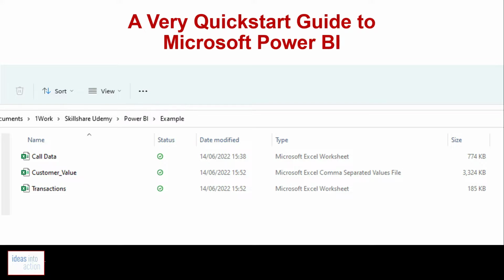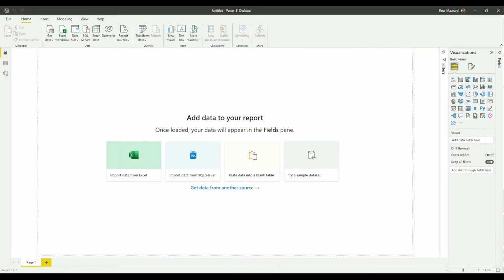Let's open Power BI. Here's the Power BI start screen, and I'm going to import the files I want to use with Get Data. I click on Get Data and a screen pops up, giving me a choice of file types. The first file I'm going to import is the CSV customer value file. This value has too many rows for Excel, but Power Query and Power BI can handle it. I select the Text/CSV option,